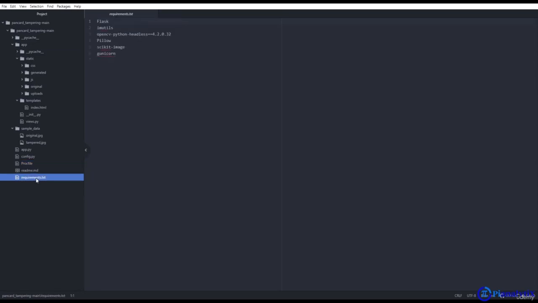Similarly, this requirements file is also very important. It will tell what all the requirements are for this app, for this project. We can do this manually by typing all the requirements that we have along with their versions. Other than that, you can go to the command prompt, go to the folder where this is stored. Like, let me show you.